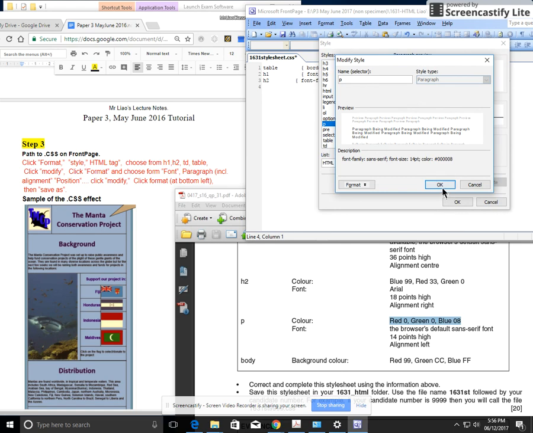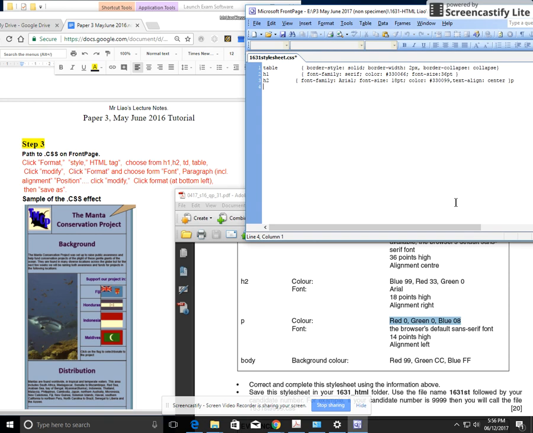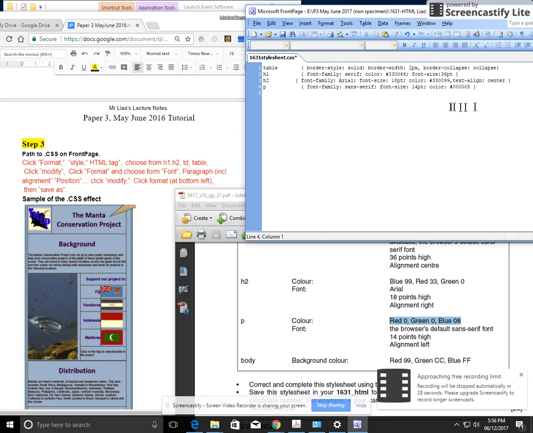And then okay, and okay, going backwards. And it's done. Now the P is here. So this is all done except align left. Now I couldn't find it in a hurry because time is running out. So you just type it in. You type text-align: center. And then make sure you put the